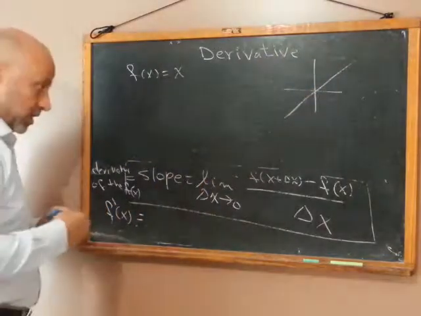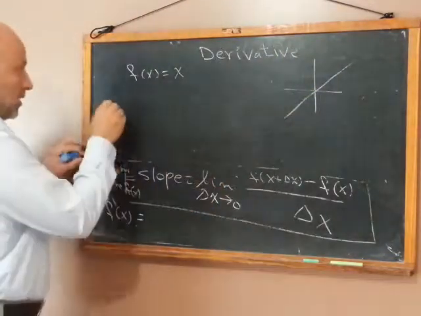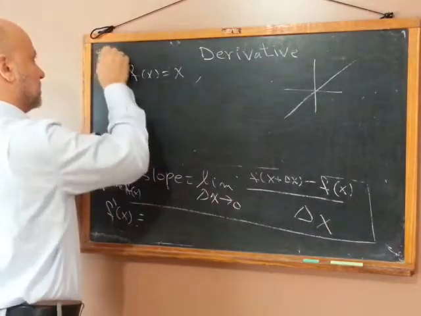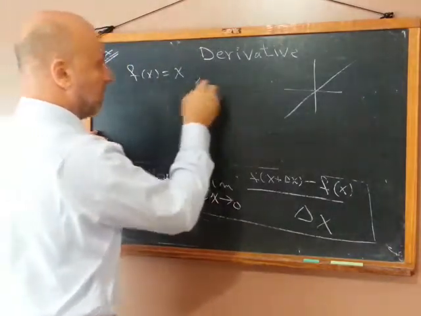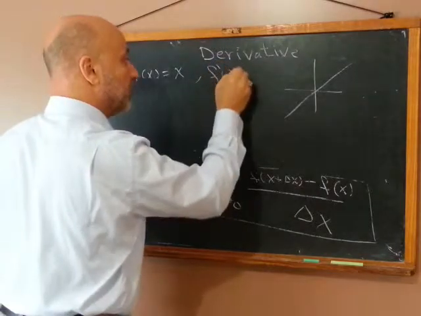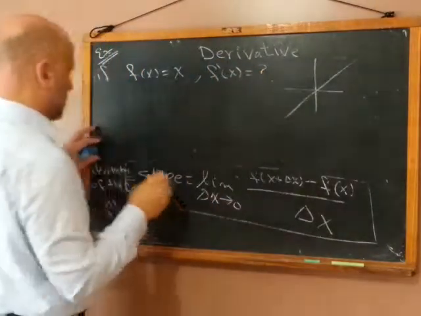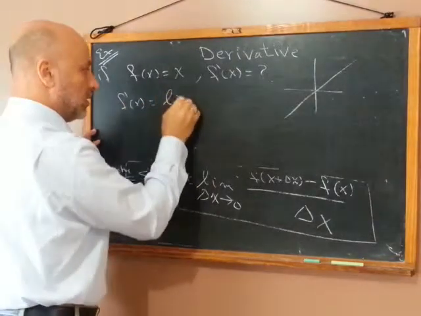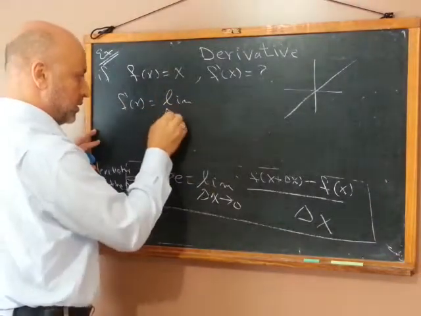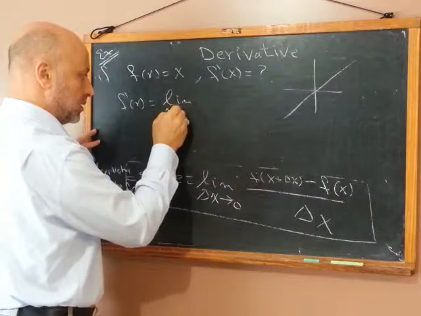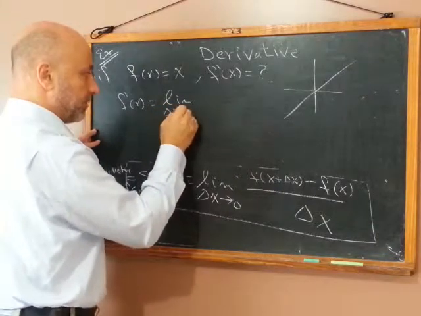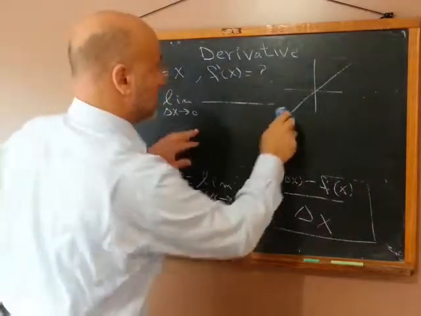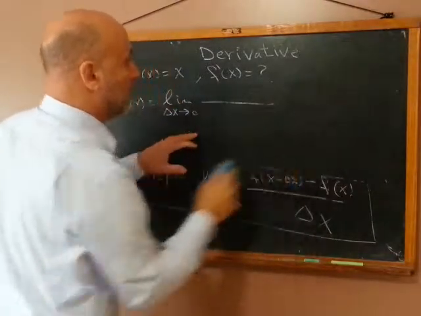If we need to derive it, the question is, if f of x equal x, then what is f prime of x? Using the definition, f prime of x equal to the limit, just copy as is, delta x goes to 0,